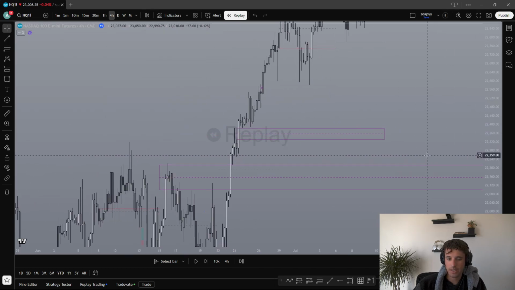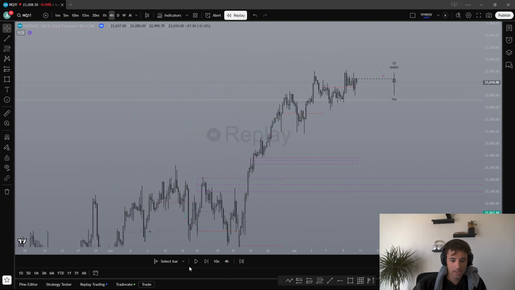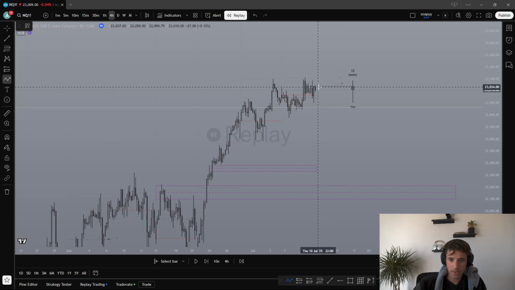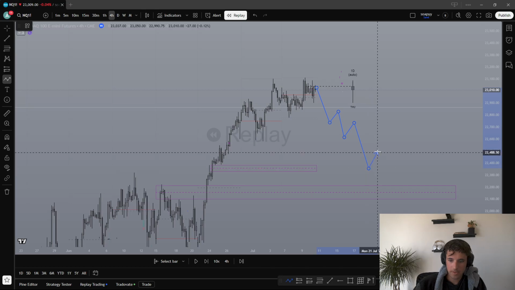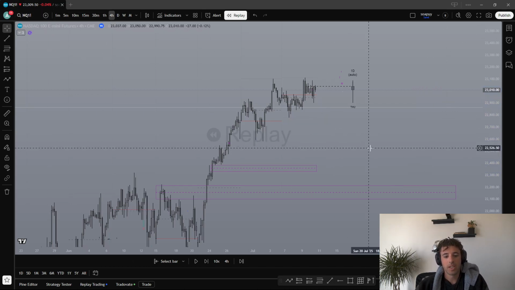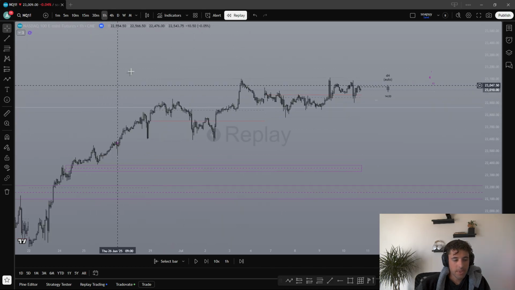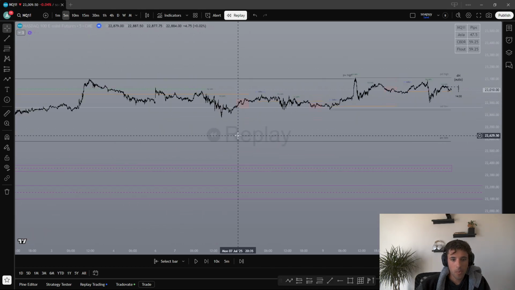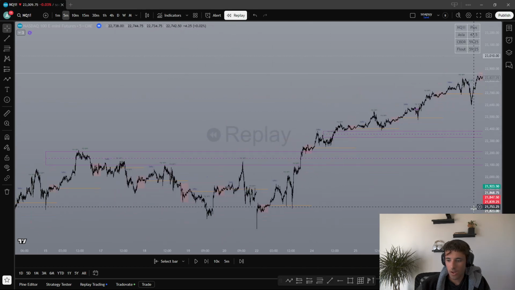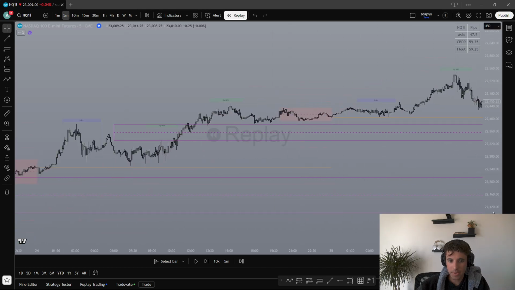They haven't been retraced into yet. So if we come down here, bounce off here, bounce off here, bounce off here, bounce off here, and then push all the way back up. So something like that. Then what I do is I'll hop down onto the 1 minute or 5 minute. You can scroll all the way back and you can see, okay, inside those 4-hour fair value gaps,